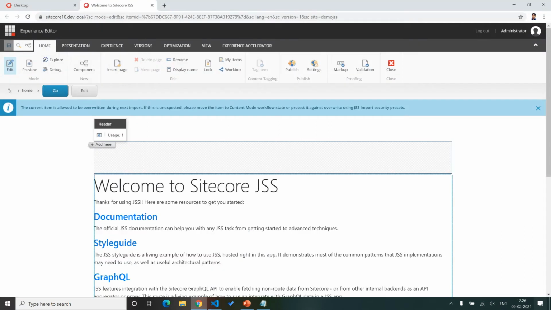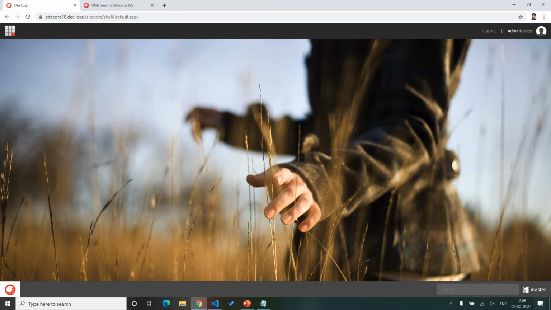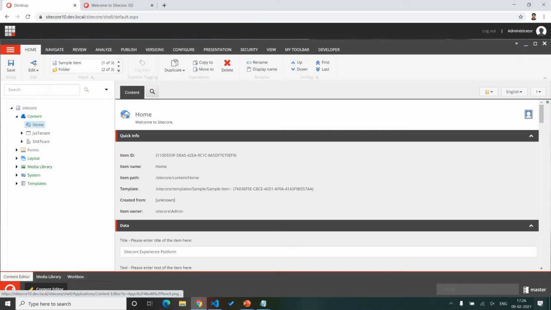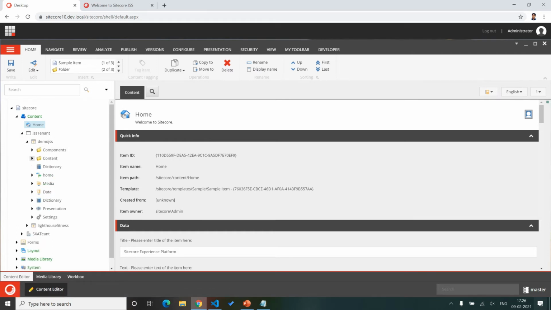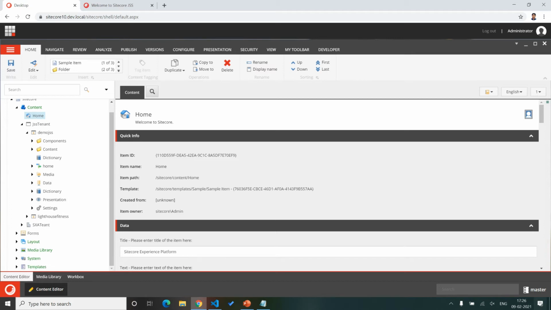Now let's go to the Sitecore site and refresh the browser in the editor. This deployment automatically created two to three items in the Sitecore site. First, a promo item under the data folder.